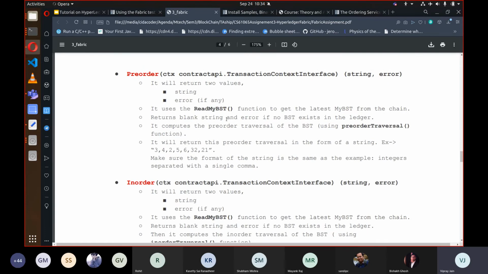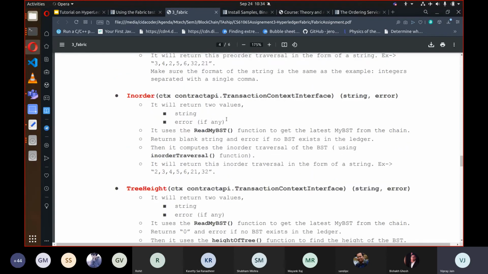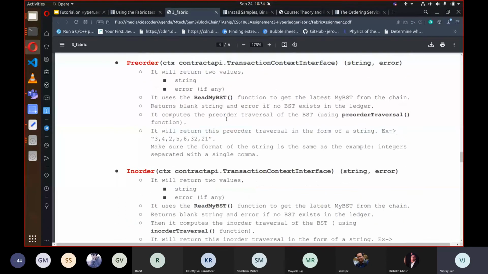Then there are three functions: pre-order, in-order, and tree height. First is the pre-order. It will not take any argument from outside, and it will return a string and error pair.